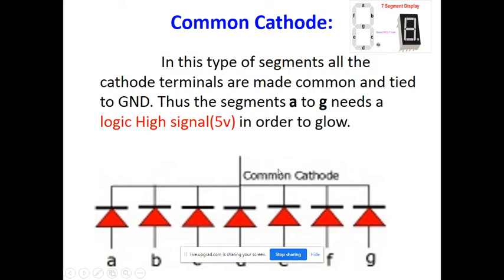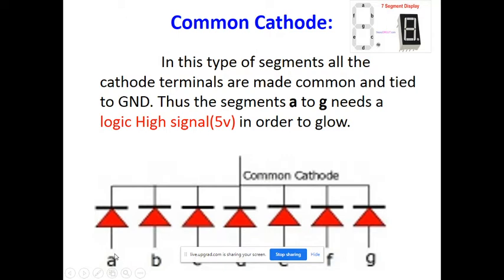Now under this condition, when this common point is connected to ground and you want to turn on the LED at a particular terminal, we provide particular data. For example, suppose you provide 1 at a terminal. That time this is 1 and the other end is 0, and current will flow through the respective LED, and when current flows through it, the LED glows. It means when it is 1, the LED is on, and current is moving from A to ground.